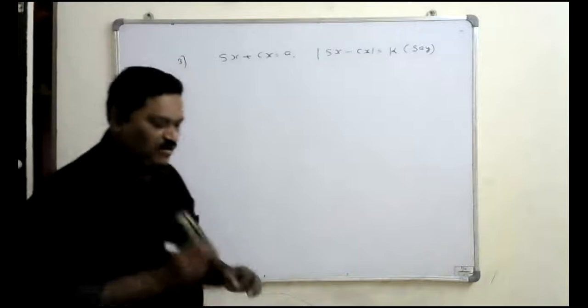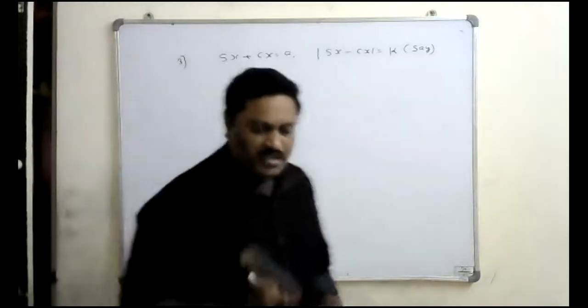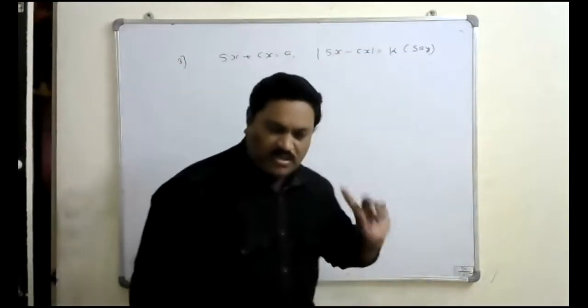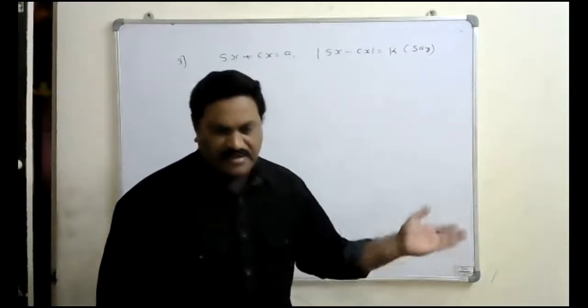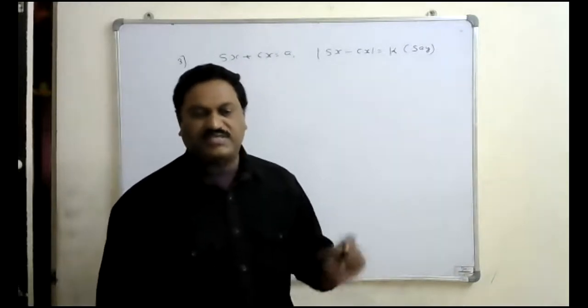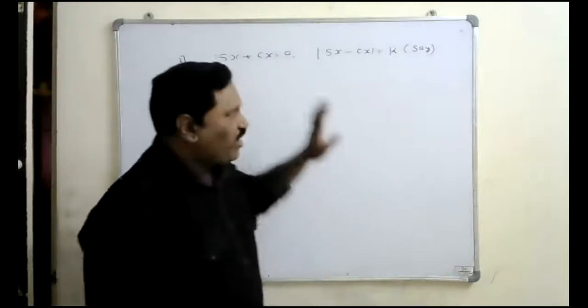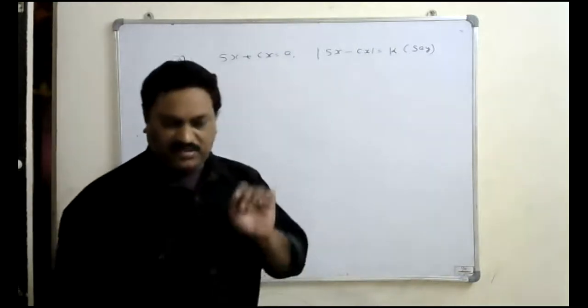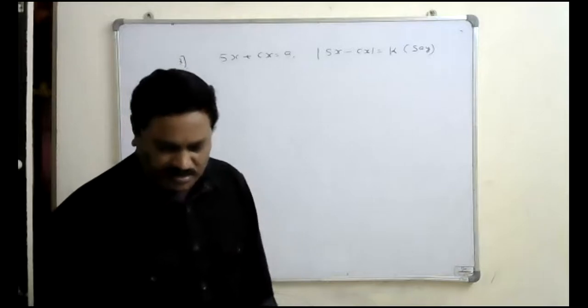So to find that, always remember that whenever an equation is given in terms of sine and cos, square that equation on both sides, then add them. When the equation is given in terms of sine and cos, then square both the equations on both sides, then add them. That theta or x is going to eliminate.